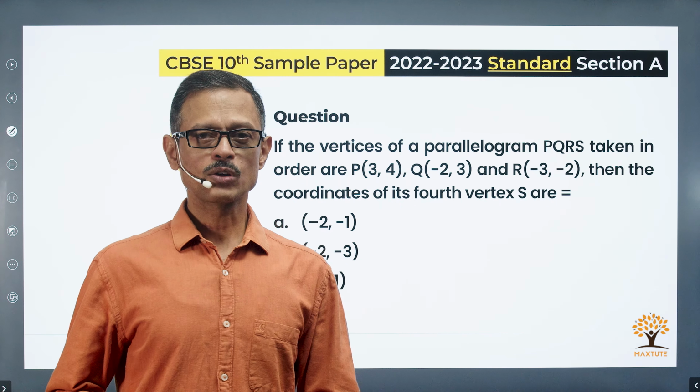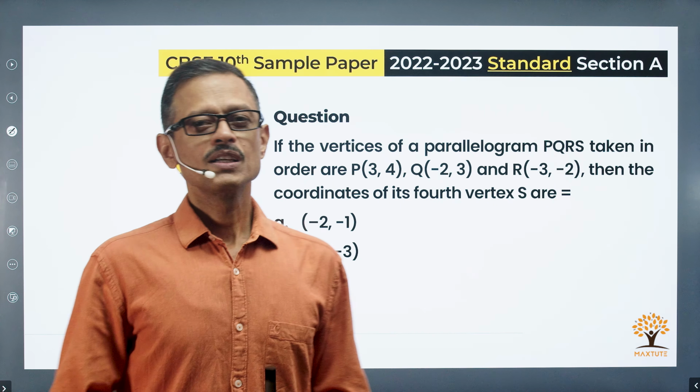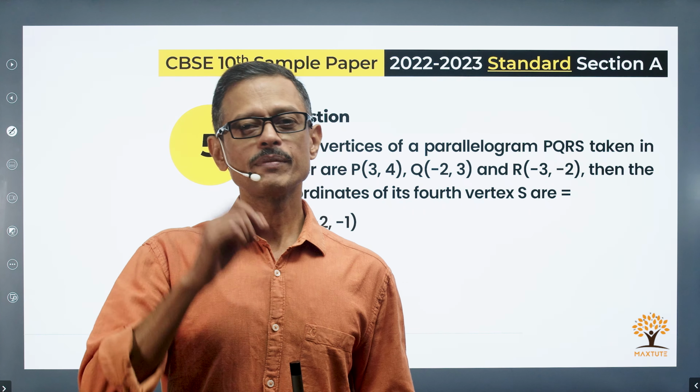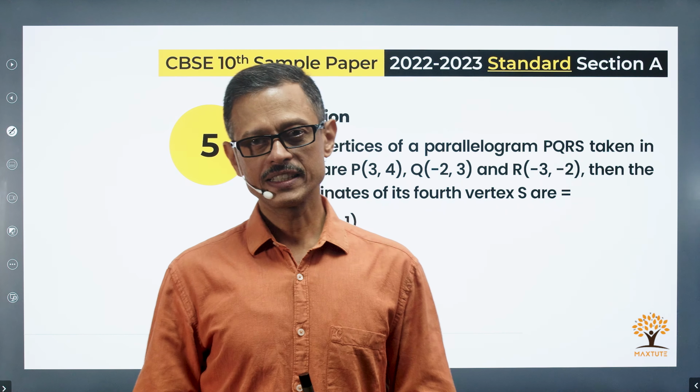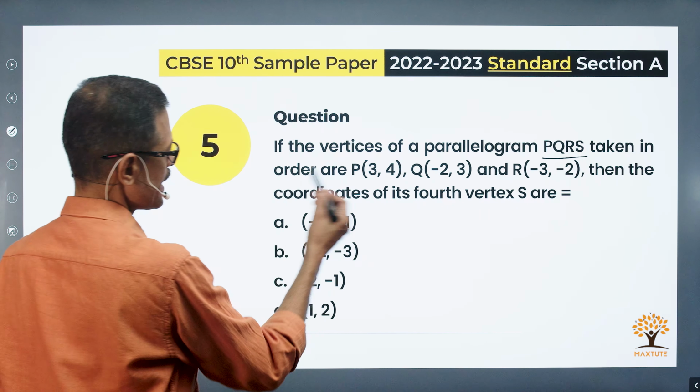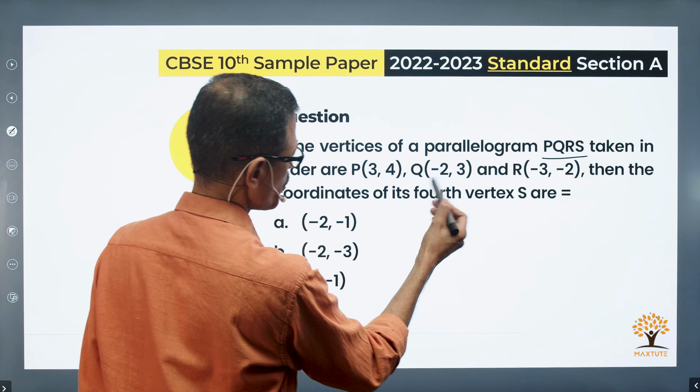Question 5 is from the chapter coordinate geometry. Concept tested: one key property of a parallelogram, and in coordinate geometry we're going to be applying the midpoint formula to arrive at the answer. The vertices of a parallelogram PQRS taken in order are P(3, 4), Q(-2, 3),